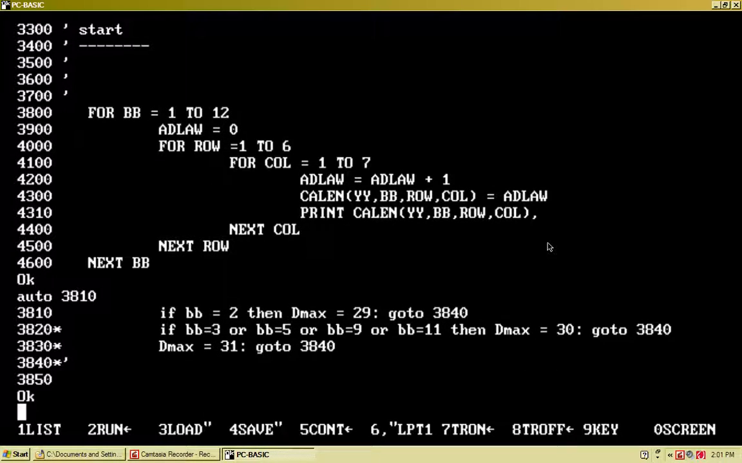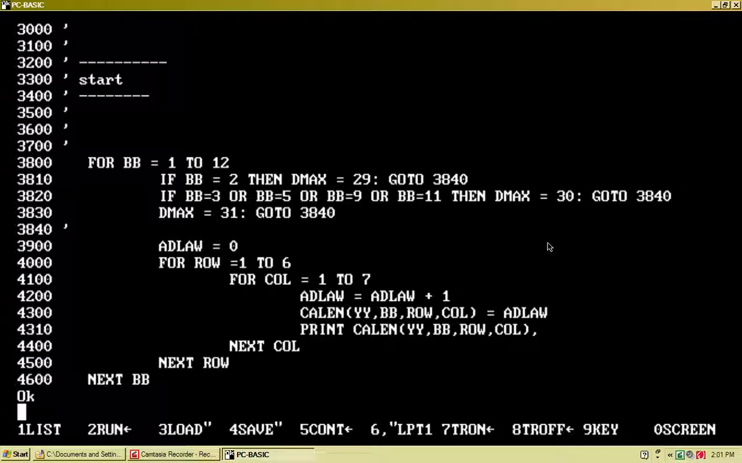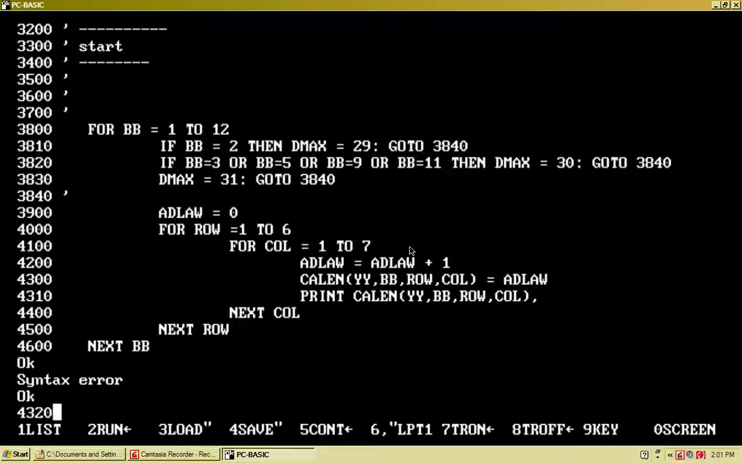Let's run it. Oh no, we have to insert the variable D max into our program. So let's see how we do that. So if BB, then D max equals 29. Aha, here it is. At this point we have to make it stop. So at line 4320, we can say if adlaw is greater than or equal to D max, then